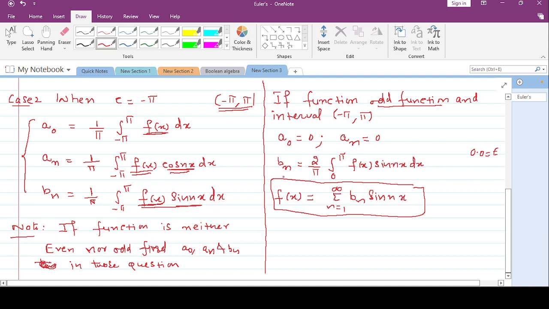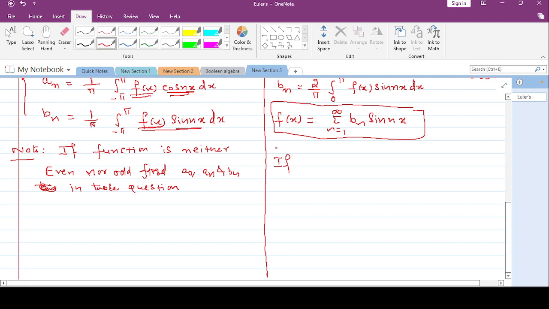Okay, now next we want to talk about case 2, if the function is an even function and the interval is minus pi to pi. Okay, if the function is an even function and the interval is minus pi to pi, you see